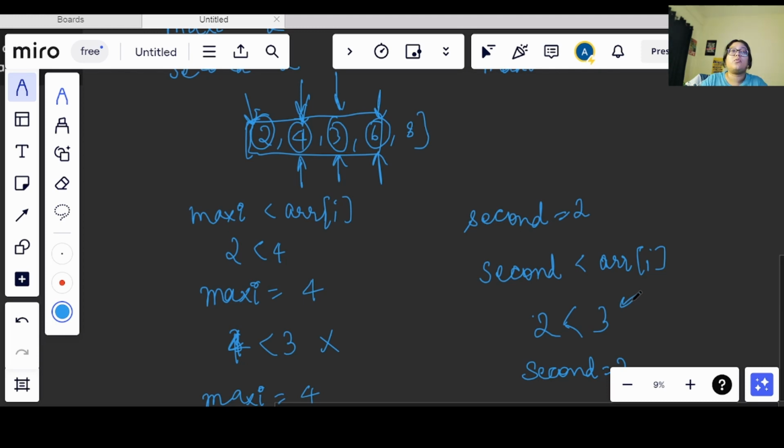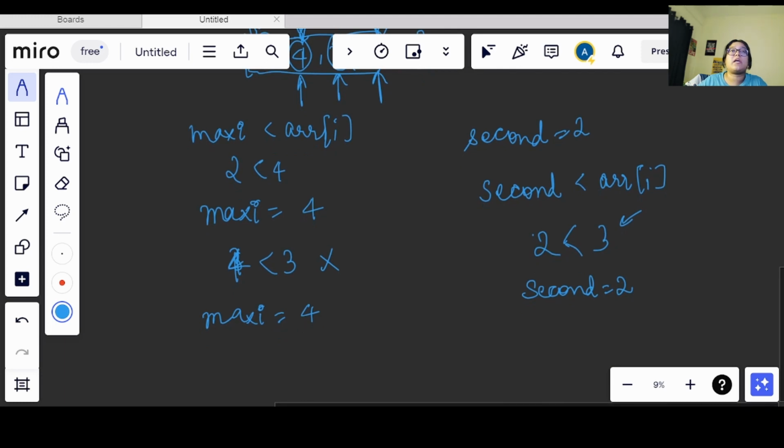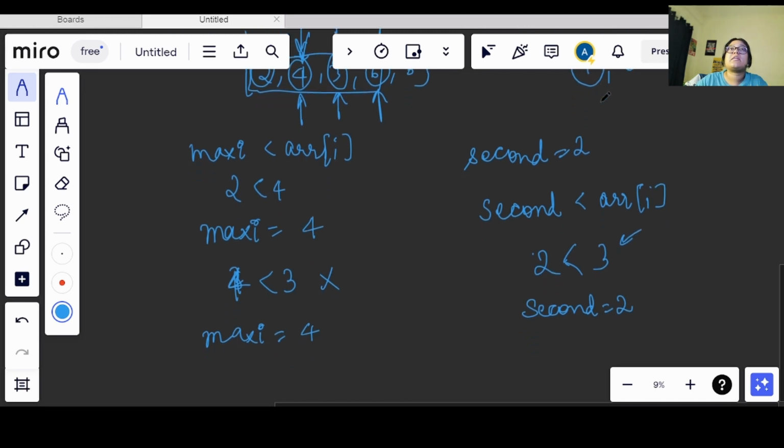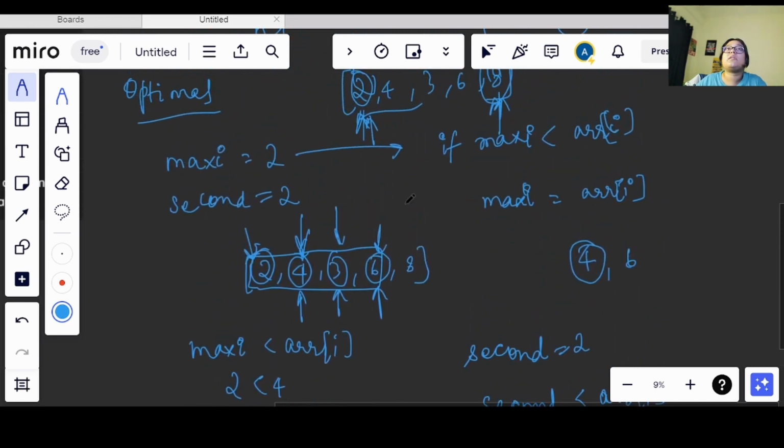So now what can I do? In such cases, where I find a maximum value, when I am changing from the maximum value to another value that is even greater than maxi, there is a chance that if I have 4 and 6, this can be a second largest value. So I will assign that to my second maximum. What I mean is, if I am going through a condition where maxi is lesser than ARR of I, pay attention to this because this is very important.